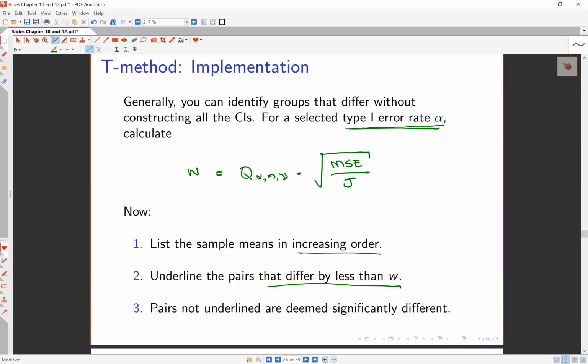Values that are jointly underlined are deemed to not differ from one another significantly because they're within the step size W from one another. But any pairs that are not underlined are deemed to be significantly different because the reason they are not underlined is they are far enough apart. In other words, they're more than the step size W apart in either direction